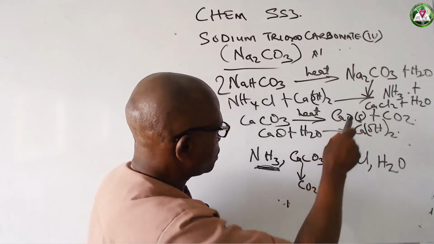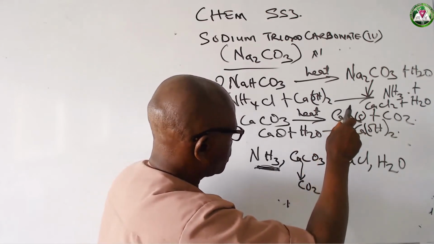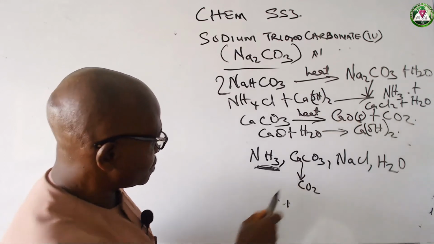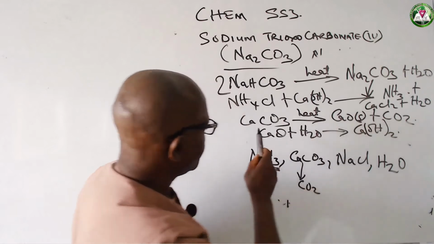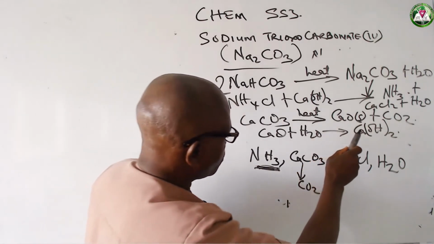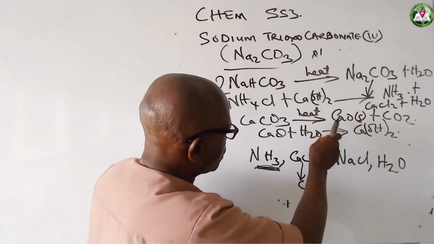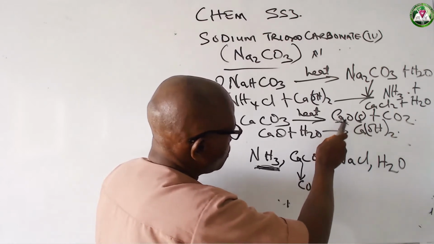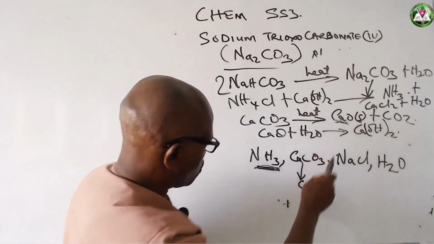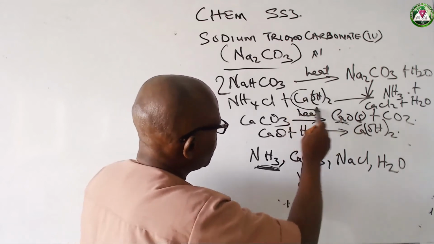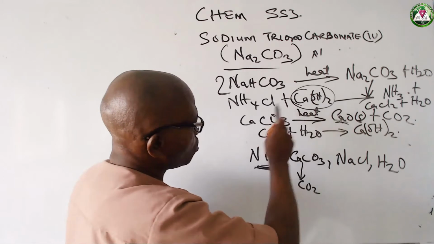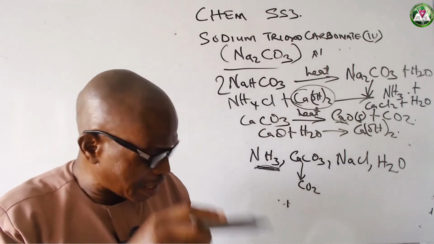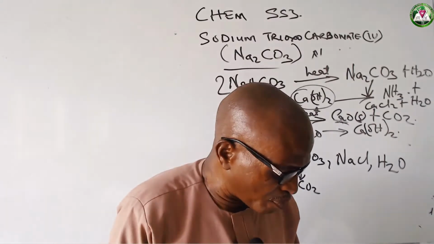And how do we get it back again? You are getting your CO2 here. But when you get your CO2, calcium oxide will still be remaining there. This calcium oxide, when you dissolve it in water, will give you calcium hydroxide, which you use to recover your ammonia. Therefore, when you look at it, you see how the solvent process is